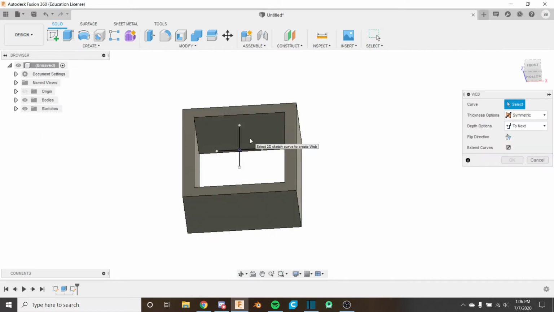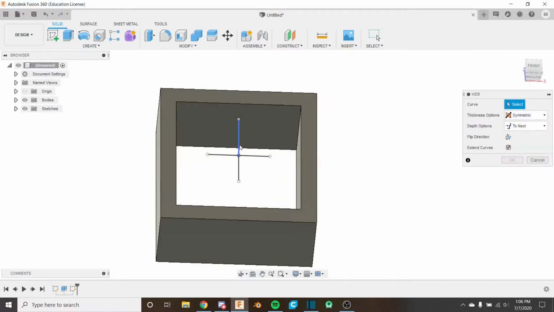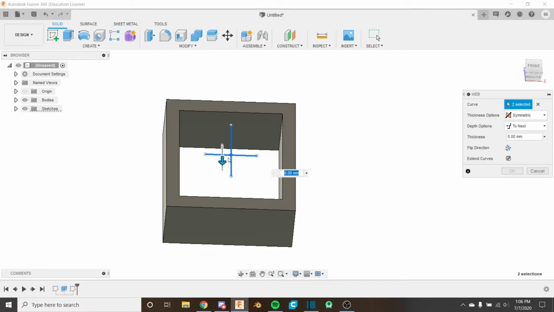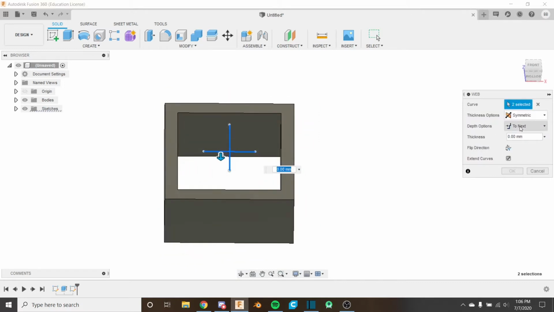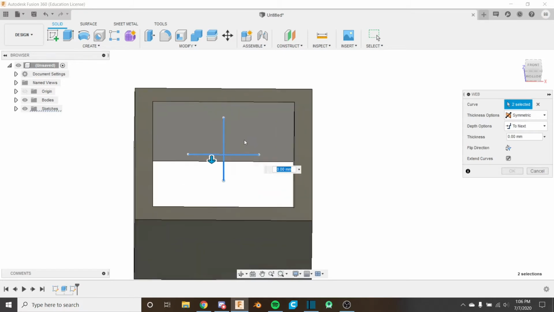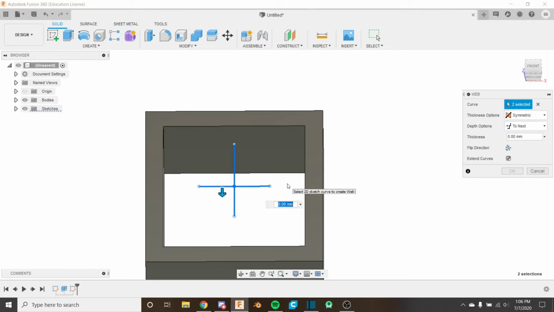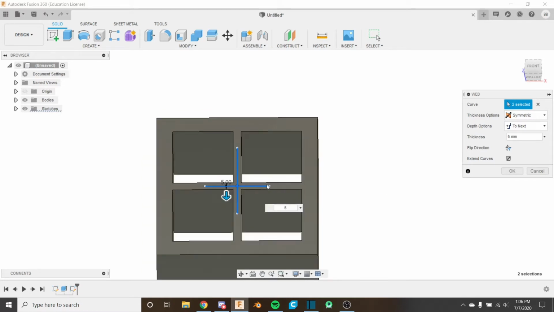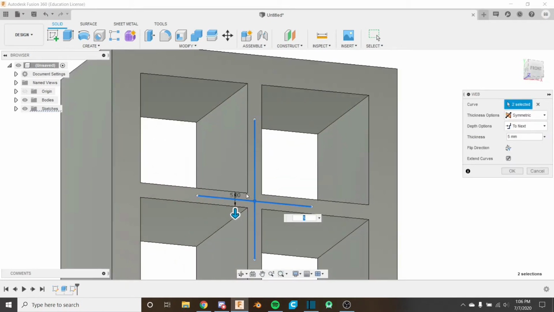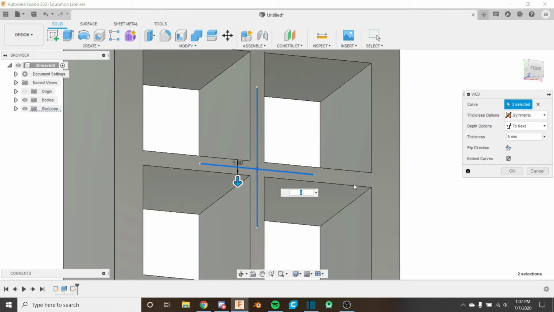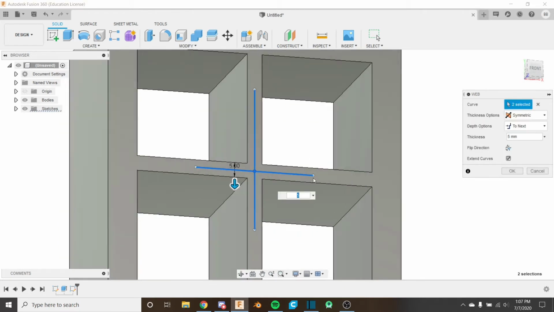So the web tool also asks for a curve, so we can select our curves like this. Just get all 4 curves there. And it also has the thickness, flip direction, depth options, and thickness options. So I'm going to leave it on symmetric and To Next for now, but let's just give it a thickness of 5. And what you'll notice, it has extended this geometry over here from our lines with a thickness of